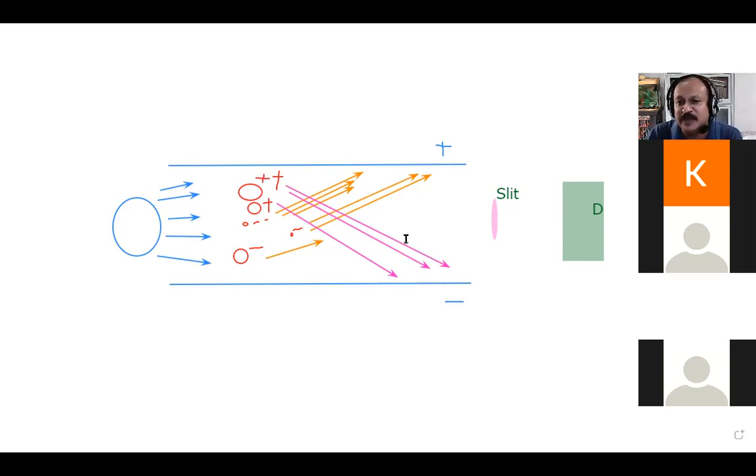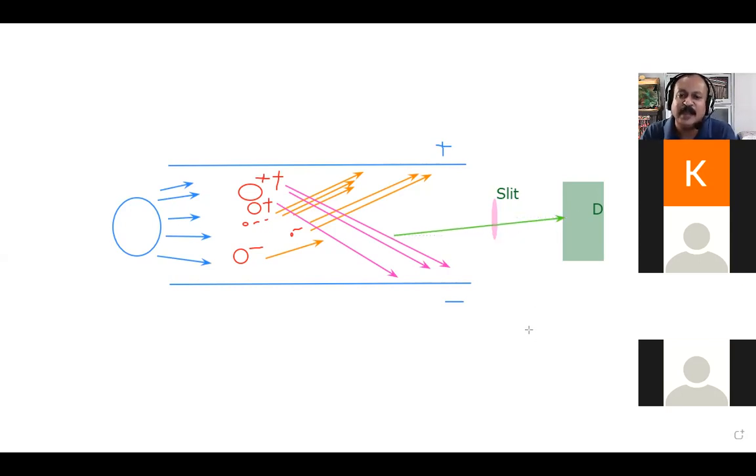But if I adjust the voltage, then this type of ion, instead of going towards the negative electrode, if I make the voltage a little lesser, then the velocity will be reduced, and therefore this particular ion will not be deflected to a greater extent towards the electrode, but it will come out of the slit. So what I'm trying to do is vary the electric current or the voltage, and therefore allow these particular ions to come out of the slit and go to the detector like this.